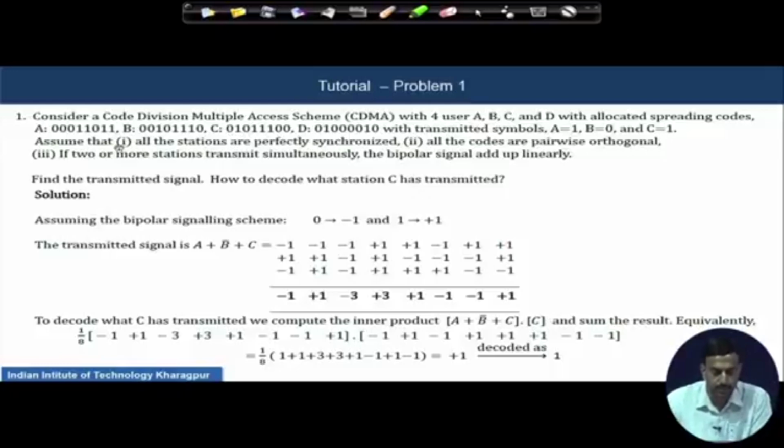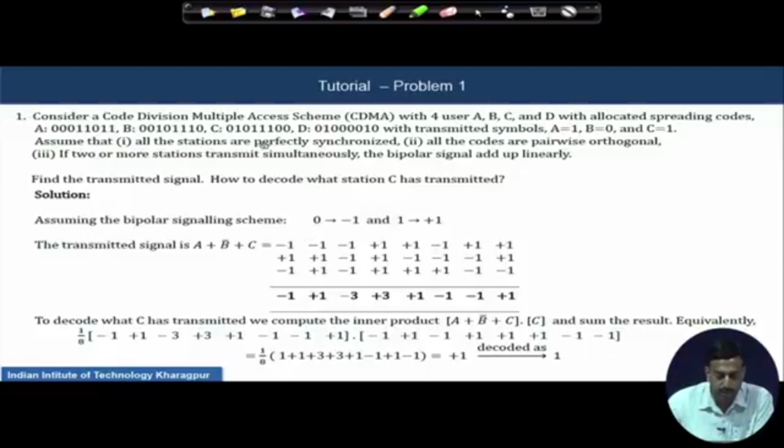Some assumptions to start with: we assume that all the stations are perfectly synchronized, which is a debatable assumption because usually CDMA transmission is synchronous in nature. However, for the sake of